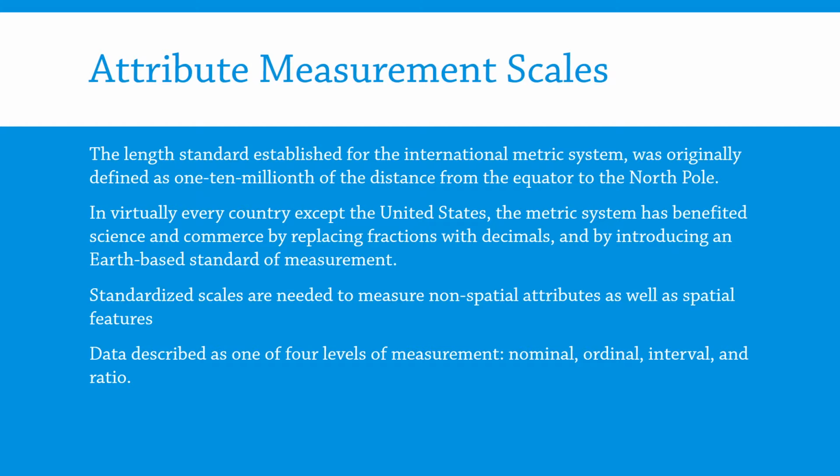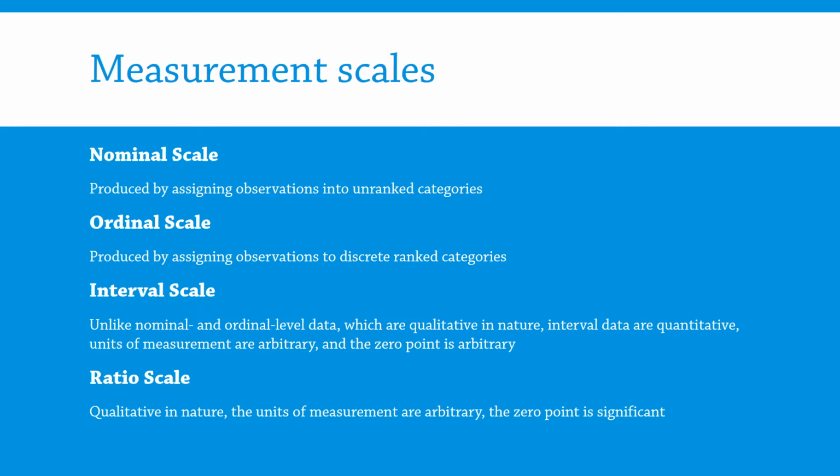Standardized scales are needed to measure non-spatial attributes as well as spatial features. Data are described at one of four levels of measurement: nominal, ordinal, interval, and ratio. So we'll talk a little bit more about those. Nominal data is produced by assigning observations into unranked categories. In other words, things are grouped together into categories, but they're not ranked, so forest is not preferred to grassland. It's simply